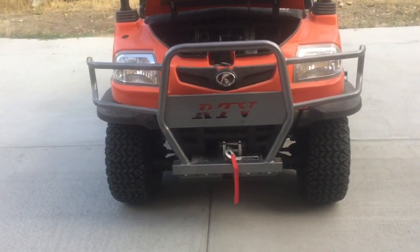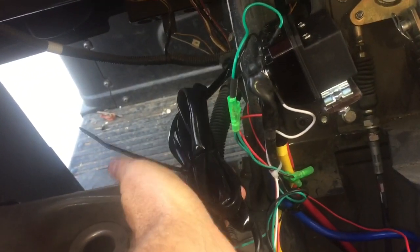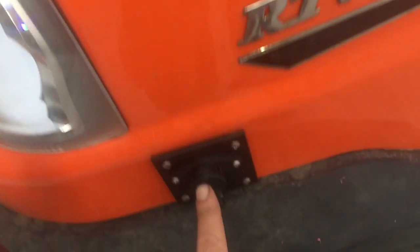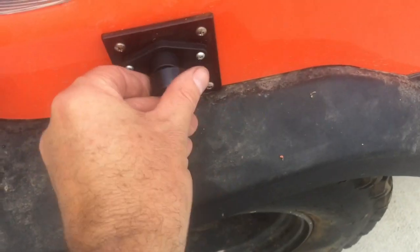Okay, I'm done. Got that thing installed. It's all wired up. You know, a lot of the wires were plenty long, and I didn't shorten them or anything like that. This goes to the little controller in the front, and then I also installed the little remote thing that pulls in, this thing here. So I just plug the remote in there,